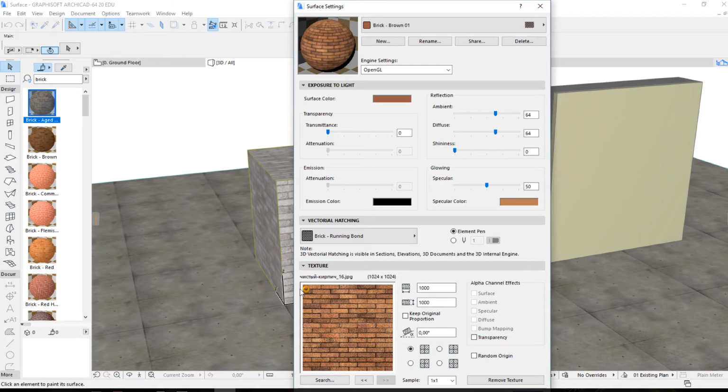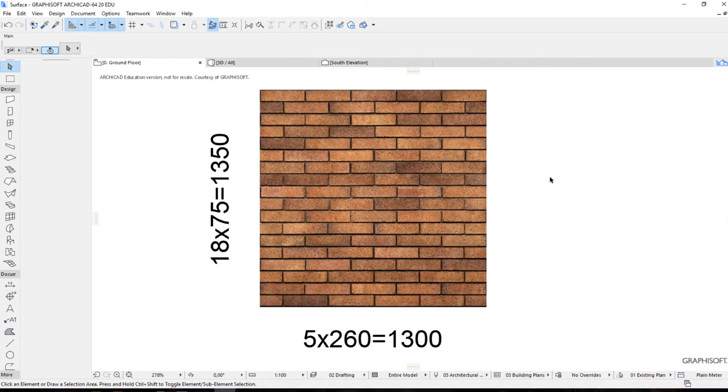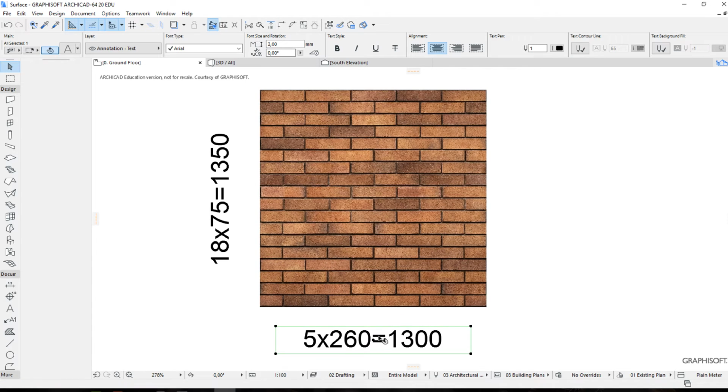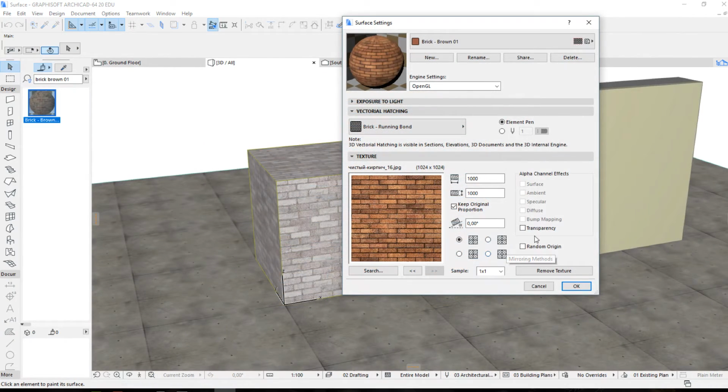And now we have to figure out the number of rows in vertical and in horizontal direction. Having counted the number of the rows in the horizontal direction, we multiply that by 260. That is the size of a brick with the count of the seam. And the number of the rows in the vertical direction, we multiply by 75. We obtain the value of 1300, that is the width, and 1350 is the height. Go back to covering settings, and we have to type the obtained numbers in the settings